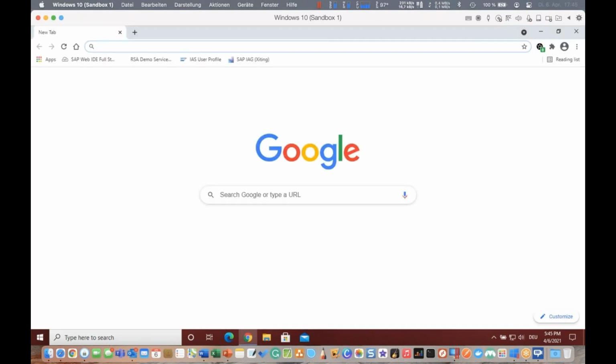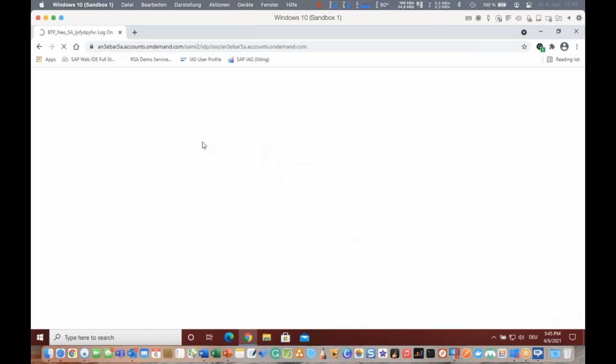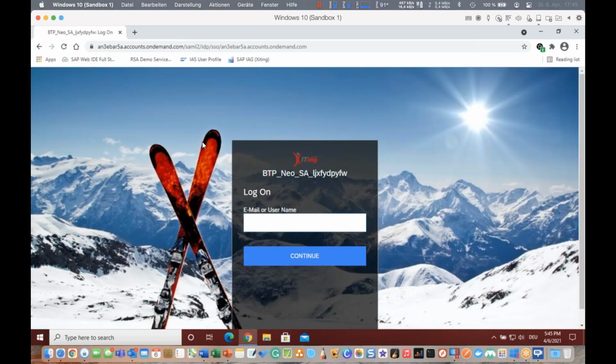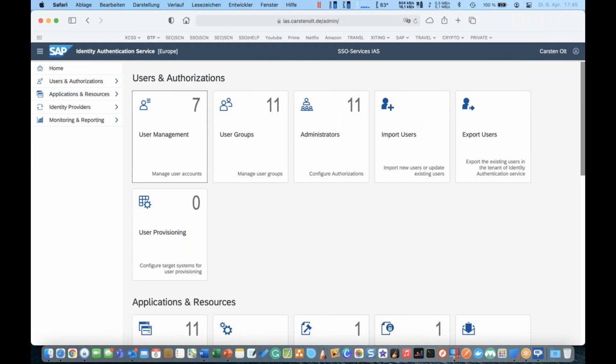And from there, we can try to access our Web IDE full stack application. Once we do that, you can see that we are redirected to the login page of the configured identity authentication service tenant that welcomes us, and the user has to authenticate. All right, so now, first of all, what we need to have is a user in